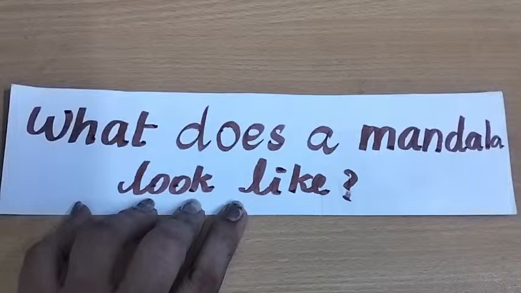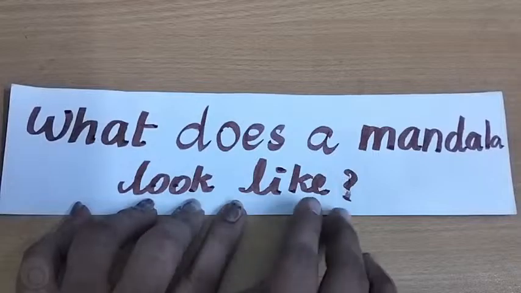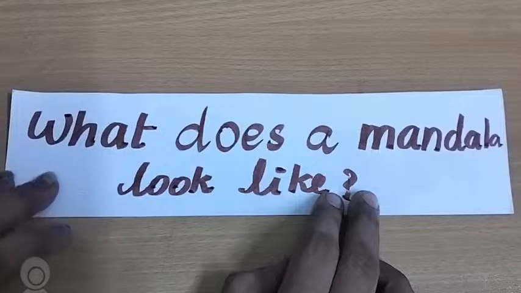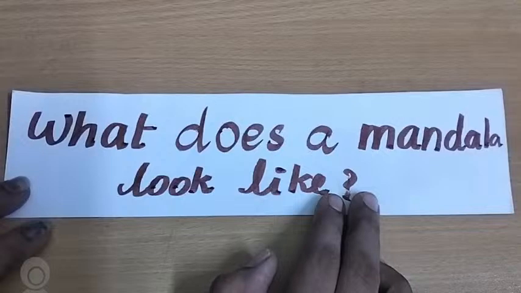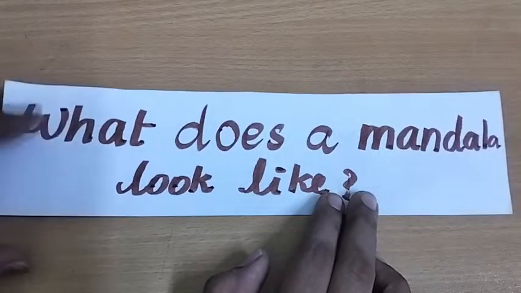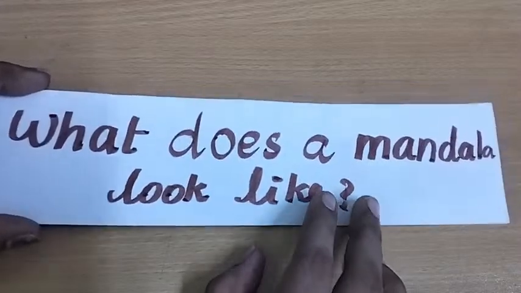You could get the outer line of the picture. You will be doing designs of mandala inside the outline. Okay, so that is the main outlook of this mandala. So what does a mandala look like? It is nothing but what I told you. It is a circular representation where colored patterns and shapes are repeated in layers, and the layers are emanating from the center of the circle. So this is what a mandala looks like.